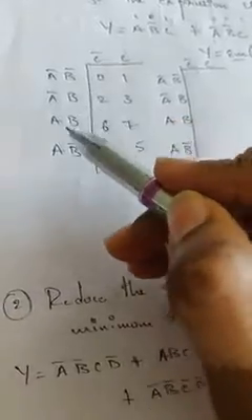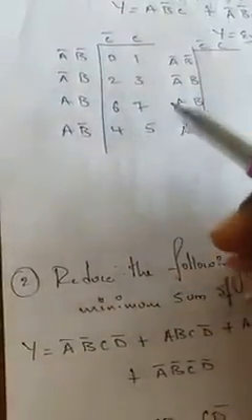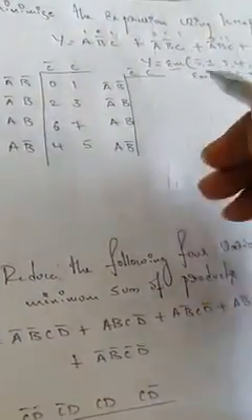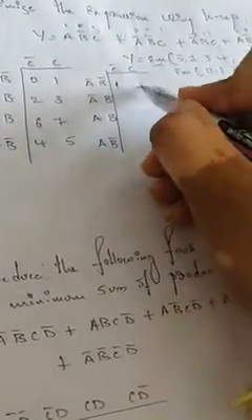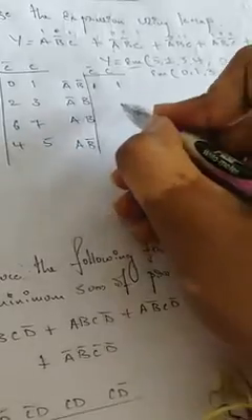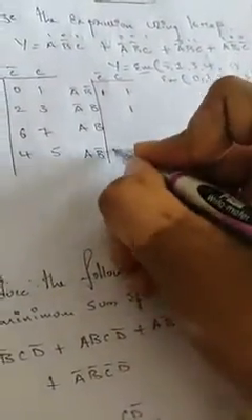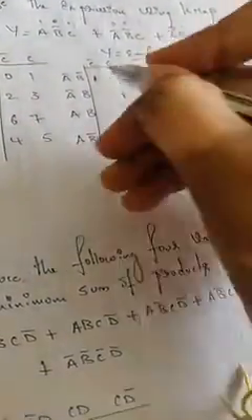After doing this, you need to fill the K-map. You know how the 3 variable K-map looks. This is the way: A bar, A with B bar, B, and C bar followed by C. These are the positions 0, 1, 2, 3, 4, 5, 6, 7. You need to remember these numbers. So after you get the numbers, 0 is here, put 1, and 1 is here, put 1, and 3, where is 3? Here it is, put 1. Where is 4? 4 is here, put 1. Where is 5? 5 is here, put 1. Okay, the remaining portions should be filled with zeros.